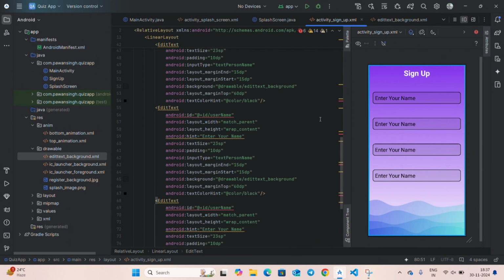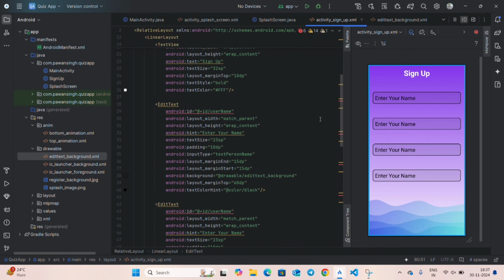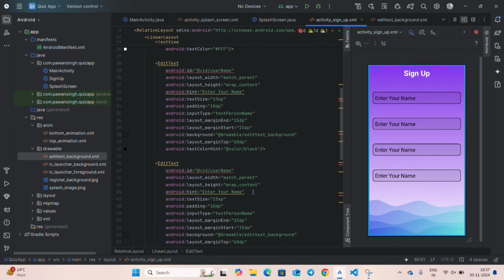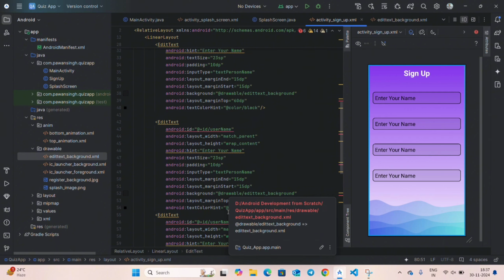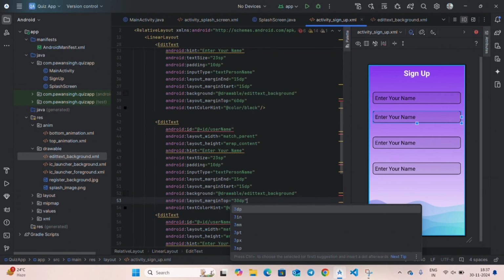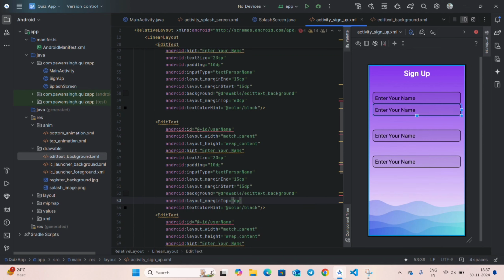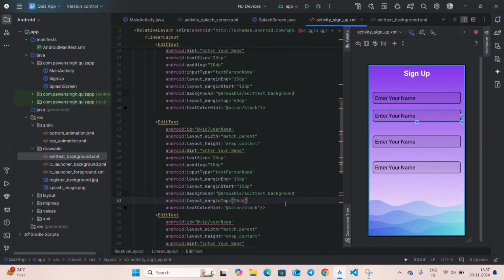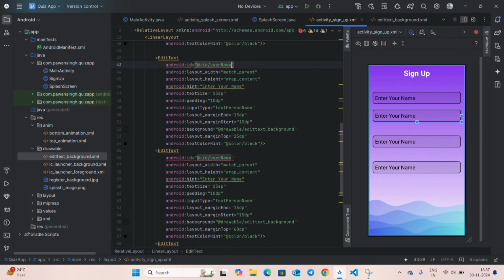So now we have 4 edit text, but the space between them is so large, so let's change their space between them. So make it margin top as 30 dp, or 30 is too much, write at 25 dp, and change the username to email, user email, and write here enter your email,